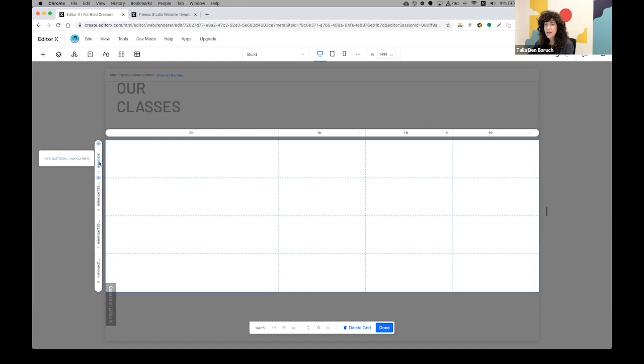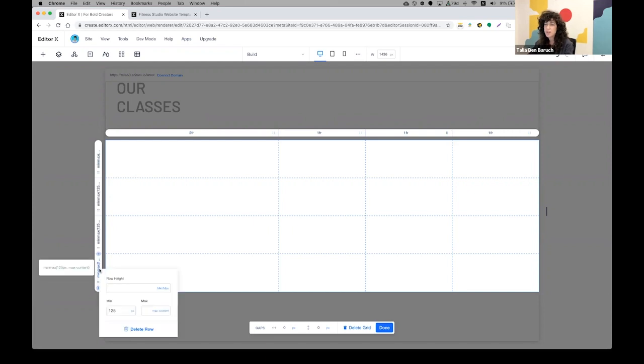Okay, and for my cells height, I'm going to use the VW measurement, which means viewport width. This way my grid cells will stay square and keep their proportions even when the viewport is changed. Let me explain how to calculate. I have 5 fractional units, 2 FR, 3, 4, 5. If I divide the whole by 5, it's going to be 20 VW each. So I'm just going to click on my cell and type in 20 VW